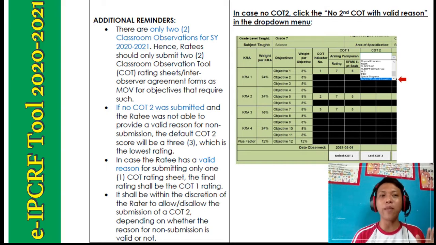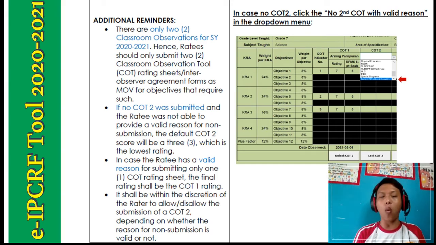Sa annex po ay meron po tayong additional reminders. So, meron tayong reminders dito included in the attachment. So, we have here number 1. There are only 2 classroom observations for school year 2020-2021. Yung sinabi ko kanina, and meron din po tayong memorandum for that. Hence, ratees should only submit 2 classroom observation tool or COT rating sheets or inter-observer agreement forms as MOV for